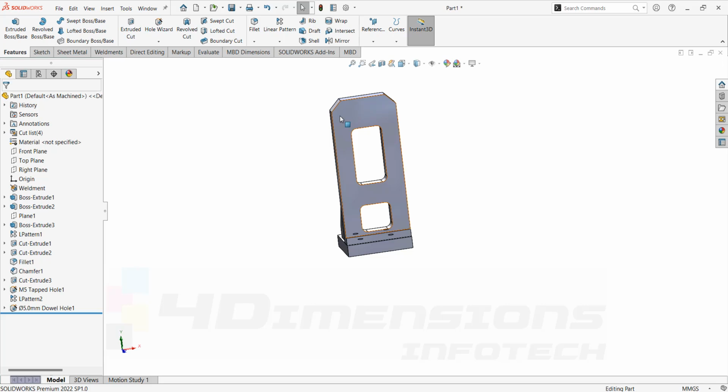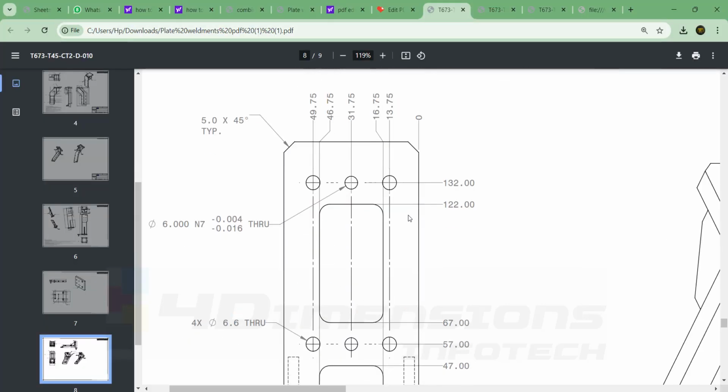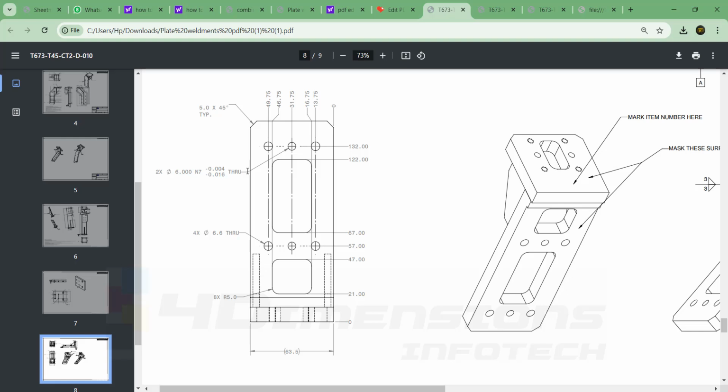Next we are going to go for the holes on this plate. So for that we are going to refer this view here. So here you can see simple drill holes are given. If there are simple holes, there will not be any fitment or tolerance given here. Maybe tolerance will be given in some cases, but fitment will not be given here. So you can judge this as a simple hole, and these simple drill holes will also be shown every time with this diameter symbol here, with 6.6 diameter and through end condition. So here 4 holes are been taken, first, second, third and fourth, with diameter of 6.6 and end condition as